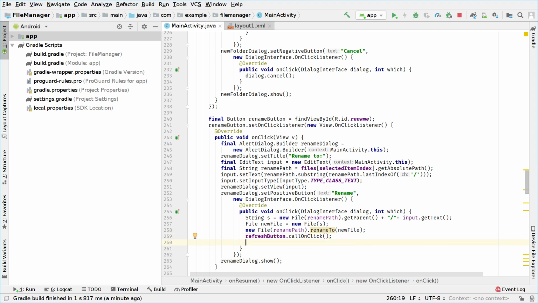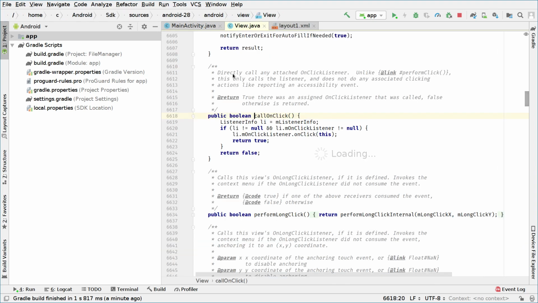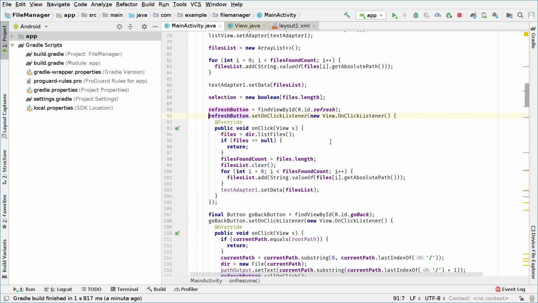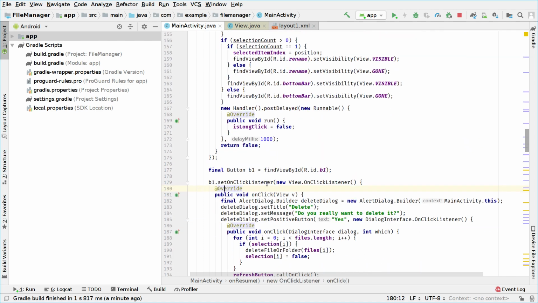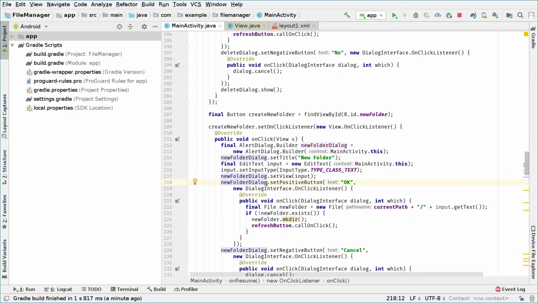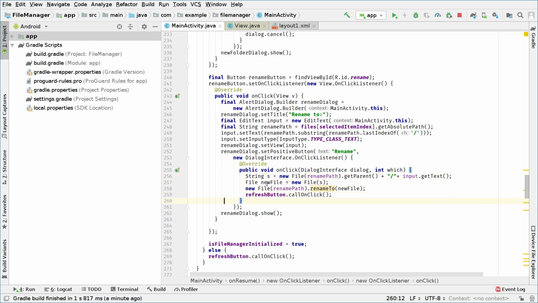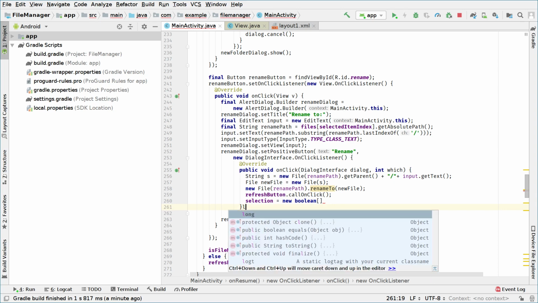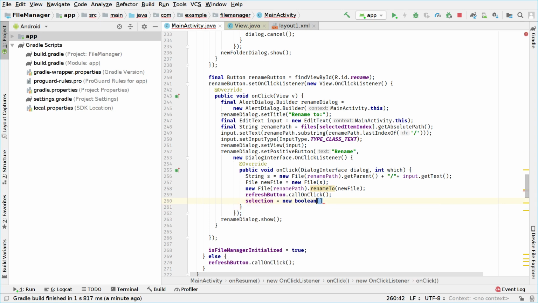To do that, we will go on the refresh thing and call on click. Refresh button, and inside the on click of it right here, we have to also set the selection to null when we are refreshing. But in this case, we will do that only when we need it. In this case, we need it on rename button. So here we say selection equals new boolean array, and the size of the boolean array will be